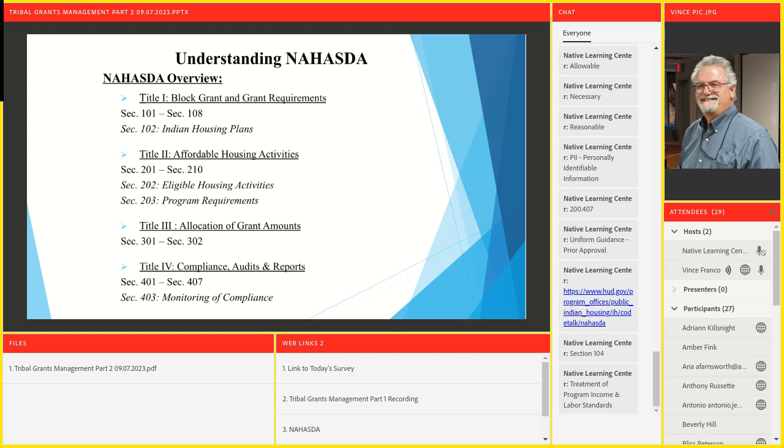So if you're doing construction on housing or plan to, or rehabilitation of housing units, and you're going to spend more than $2,000 on that, which is a pretty low threshold, you fall into the realm of Davis-Bacon legislation. You got to get familiar with that, and you also will have to use what's referred to as prevailing wages.